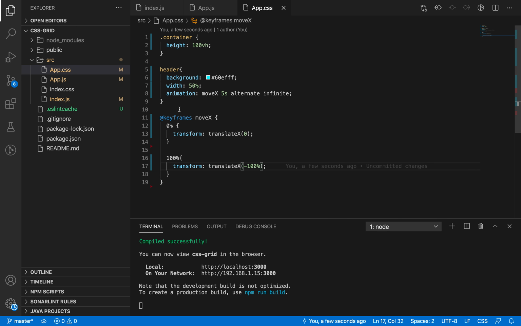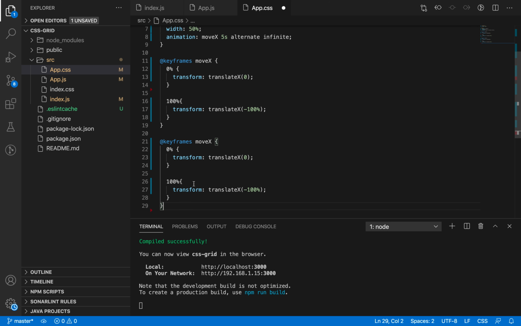So I wanted to show you one more thing. Because this animation property is very malleable, you can have multiple animations associated with a single element. The way we do that is first we create another keyframe, and let's say we want to change the color.